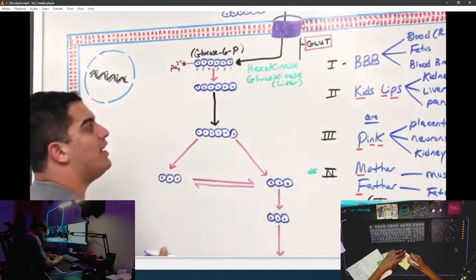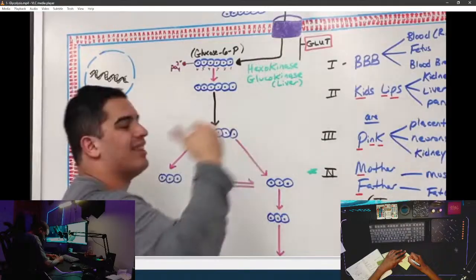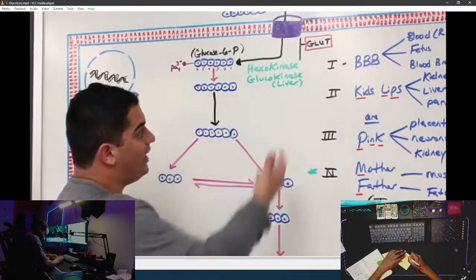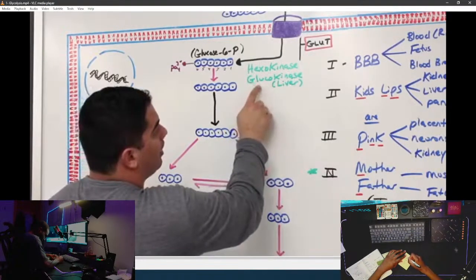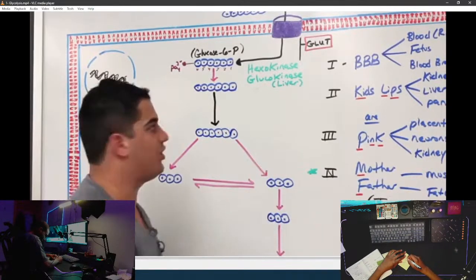Then I went to adenosine diphosphate. That means I lost the phosphate. Where'd it go? Under the 6 carbon glucose. Who is facilitating that? Hexokinase and glucokinase. Next step, we're going to